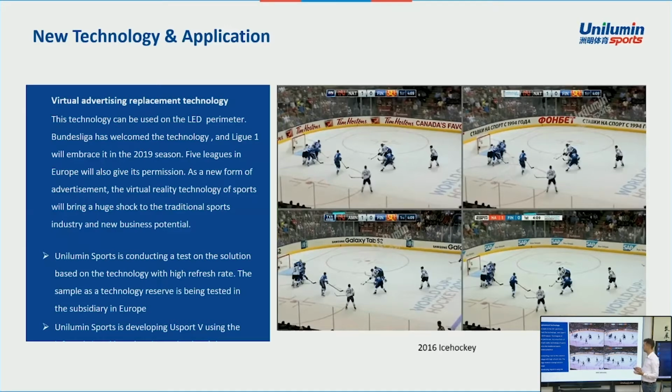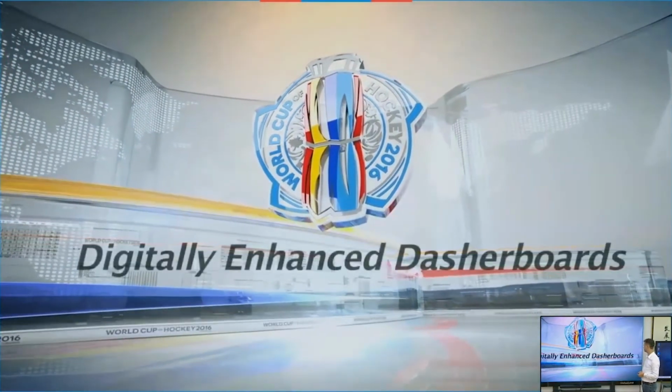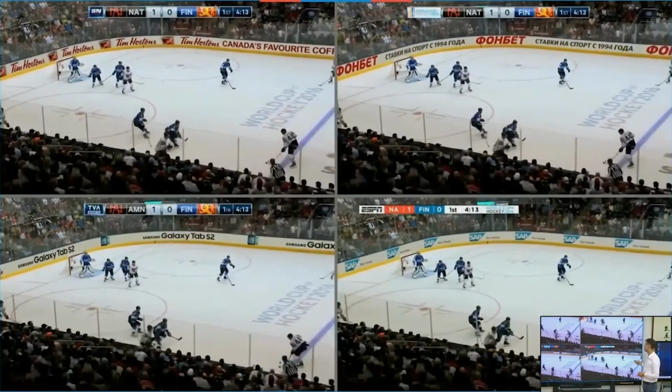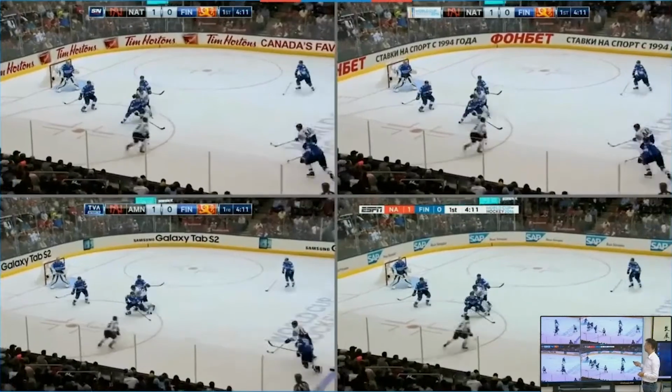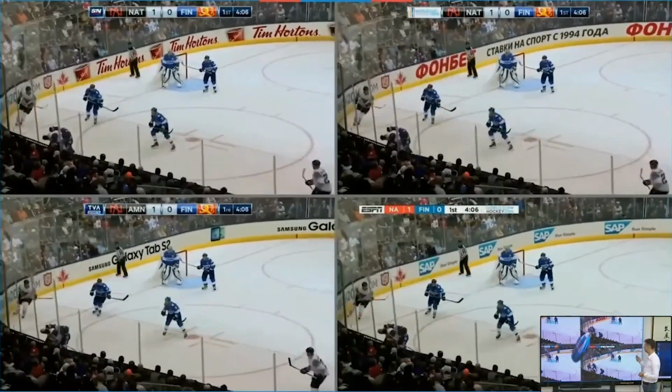This technology can be used on LED perimeter, and using this technology we can replace the advertising broadcasted on the perimeter in real time without affecting the players, without affecting everything that happens in front of the perimeter. So here we can see how it looks. You can see the match, the same time, same moment, same game, and in real time we replace the video on the dashboard, on the perimeter,